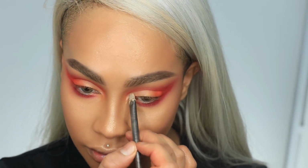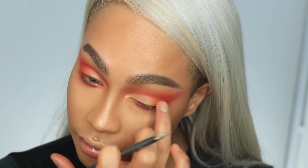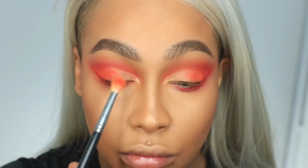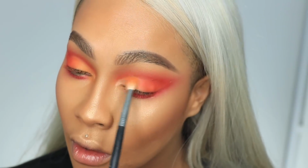I'm going to go over the middle part of that with our orange shade again, that's the Ophala, and then I'm going to take the Oro color again, the mustard color, and go right on the inner part of that to kind of connect it. That'll give you a really beautiful ombre effect, or gradient effect I guess you could say, while still being able